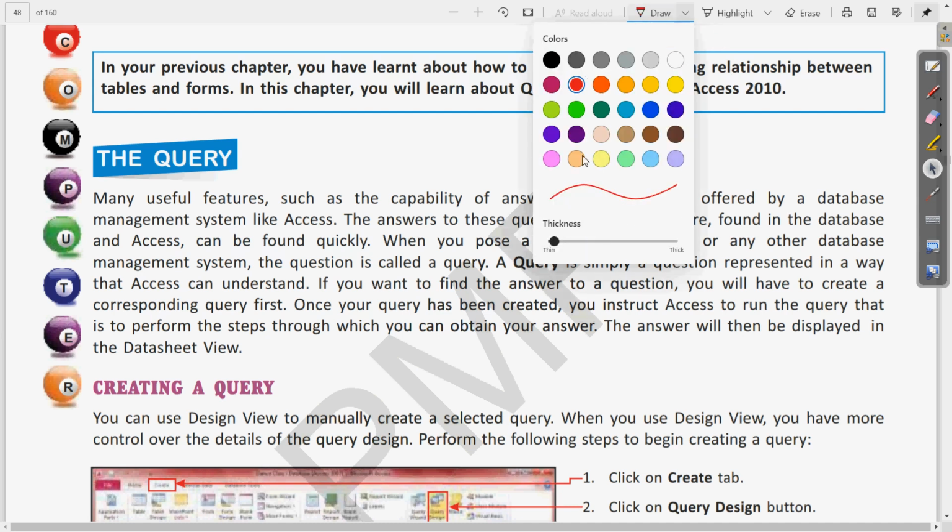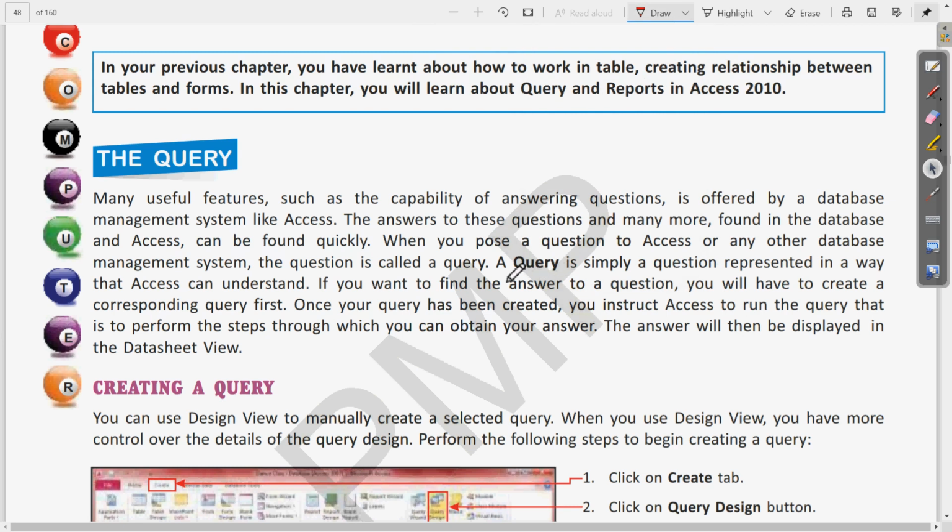Let us take the marker. You can see the definition in this paragraph only, that a query is simply a question represented in a way that Access can understand. Clear? This will be the one line definition of a query.